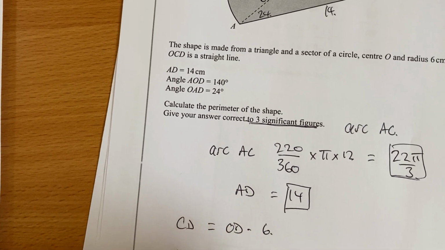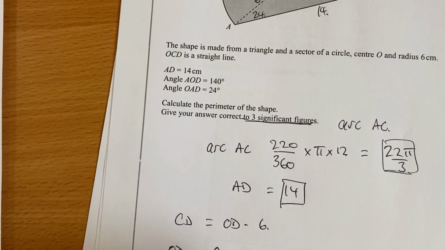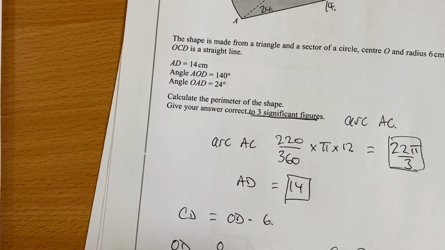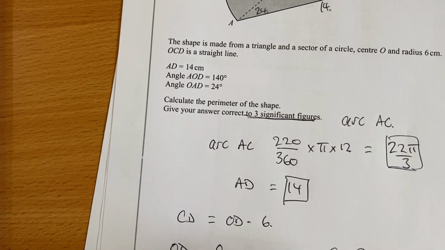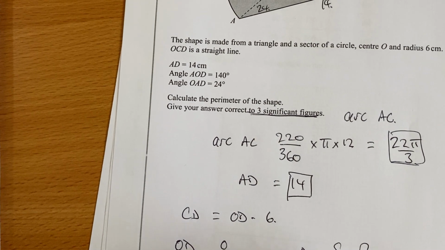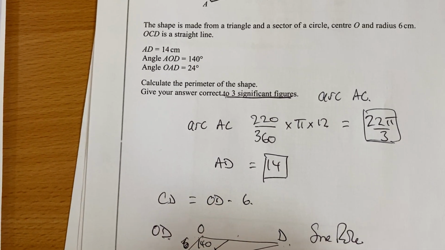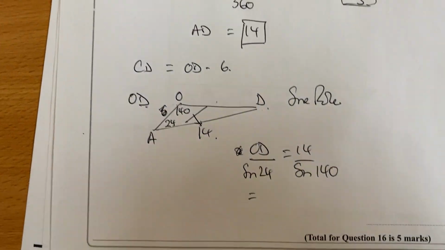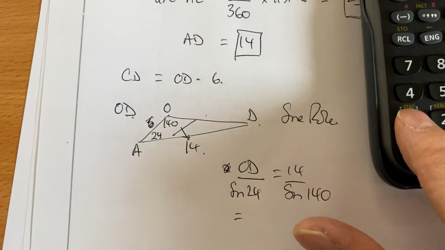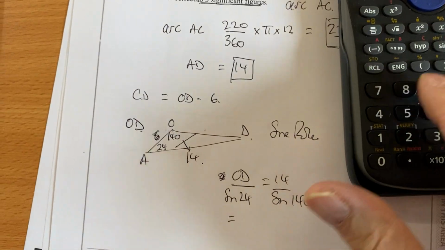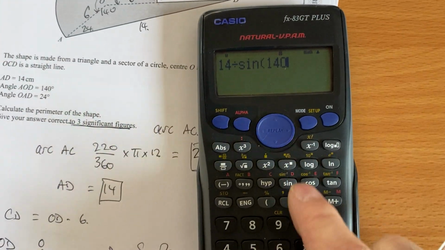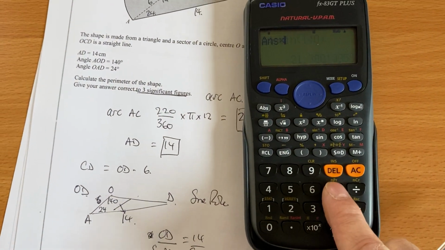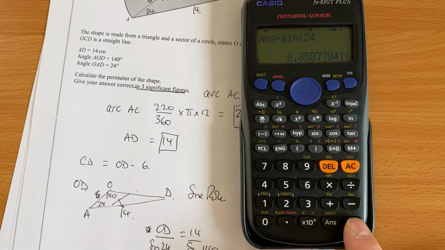So I've got pairs here, so I don't need that. Here, I want that length, I've got that angle, I've got that length, I've got that angle, so I'm going to use the sine rule. And here it's length, so I'm going to use length over angle. So OD over sine 24 is equal to 14 over sine 140. So I literally do 14 divided by sine 140, make sure you close your bracket, equals, and then times sine 24 equals,